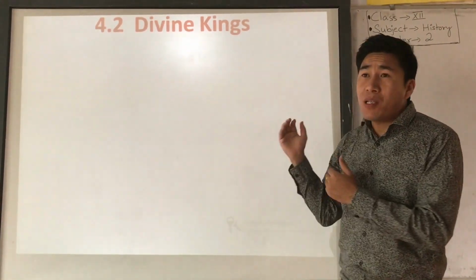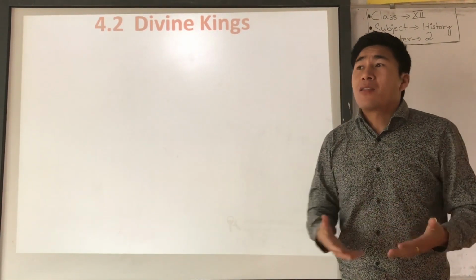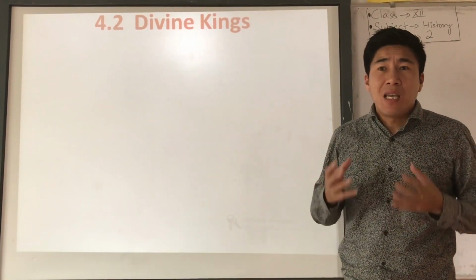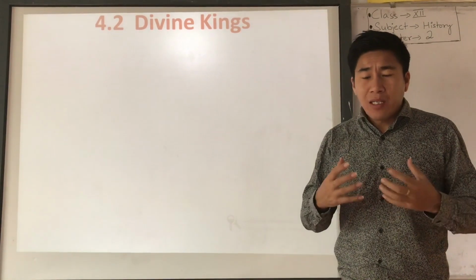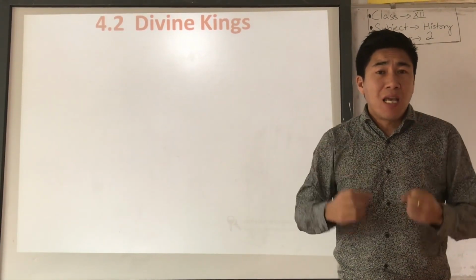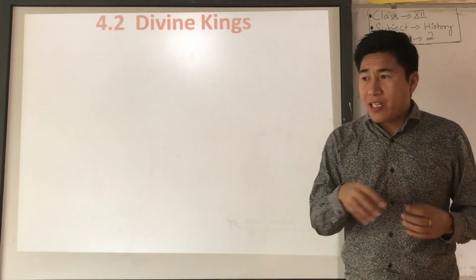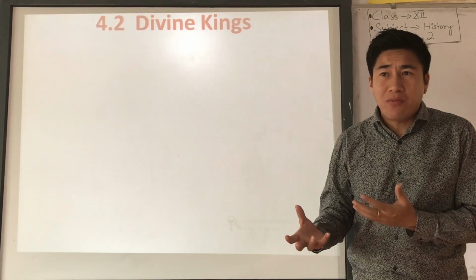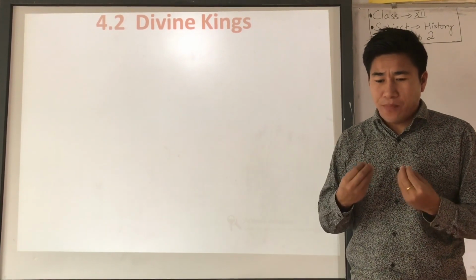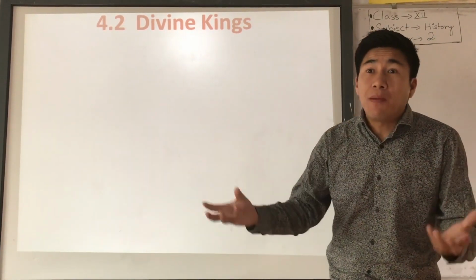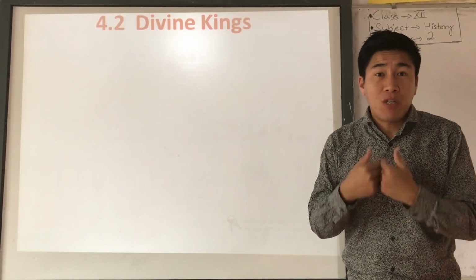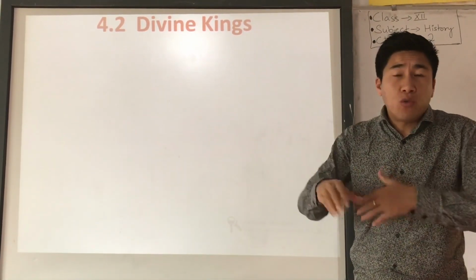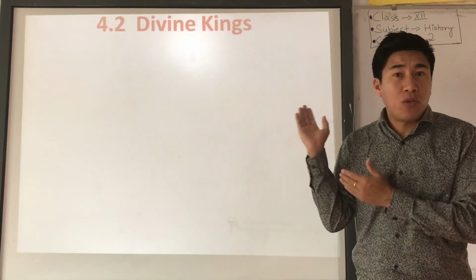Now, divine king means, in history, some kings tried to give themselves a high status by adopting different kinds of titles, like son of God. Why do they do these things? Because if they have a good title, then people will automatically follow them and pay respect. That's why many kings in ancient times also tried to follow this kind of theory, the divine theory or divine king.